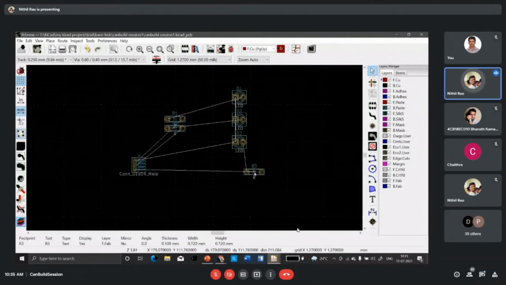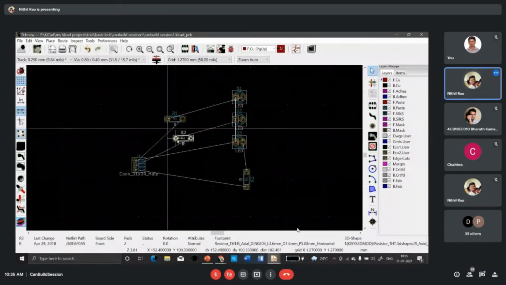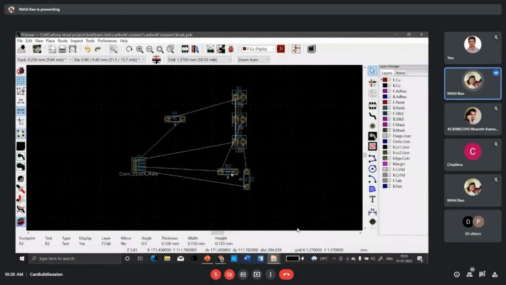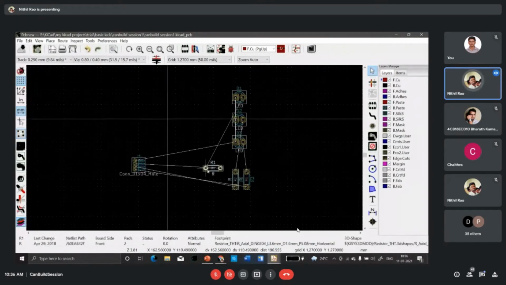Now I want to rotate my resistor. So similarly, I have to click it and press R. Okay, yes. And similarly, I can move it, click it, and then again I can rotate it based on my convenience.